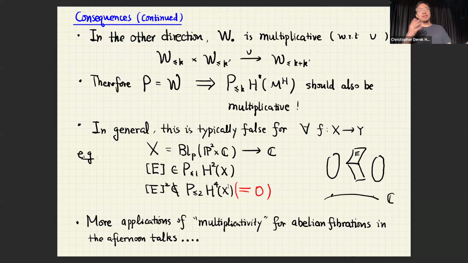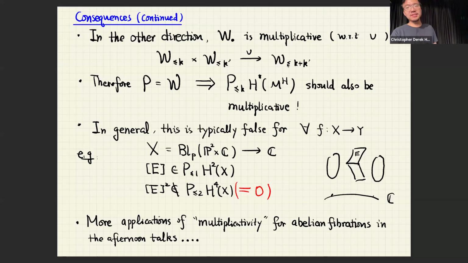Okay, this is the first thing where the structures on both sides look quite different. And there is a second one. We learned from mixed Hodge theory that the weight filtration is always multiplicative, so it is always compatible with the cup product. If you start with a class of weight k and take the cup product with a class of weight k prime, it will land in the classes of weight k plus k prime.